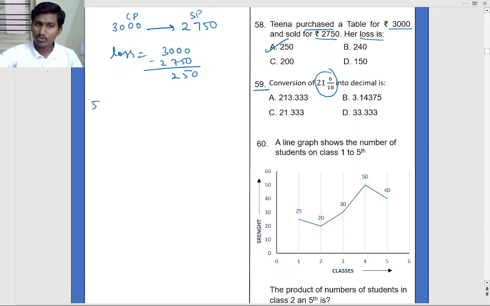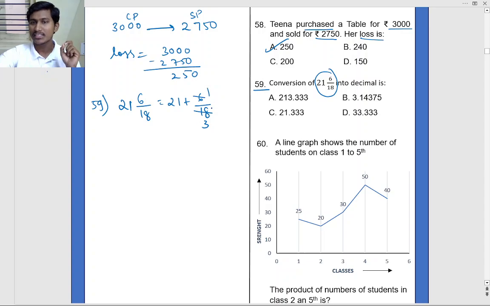So what we have to do, 21 and 6 by 18 is the question, right? So here 21 and means it will be 21 plus. So 6 by 18, we know 6 ones are 6, 6 threes are 18. So what is there here? So 21 and 1 by 3. So 1 by 3 we know it is